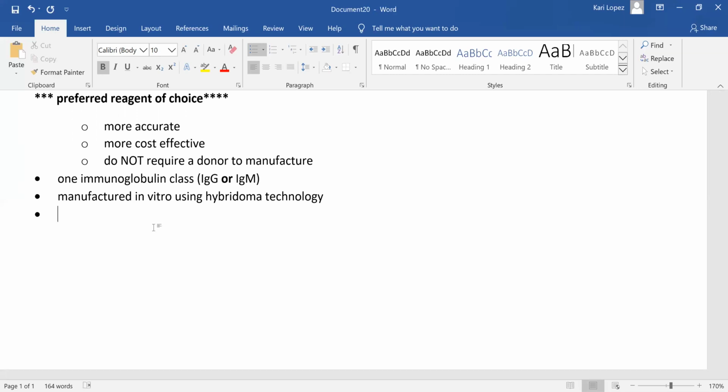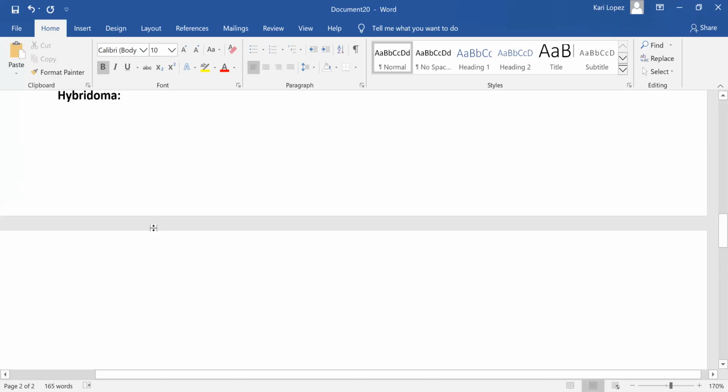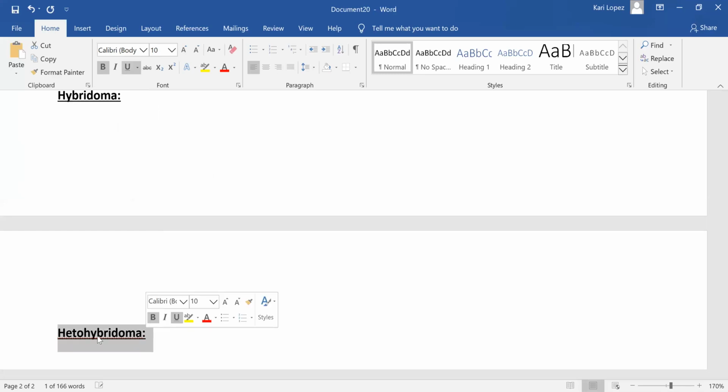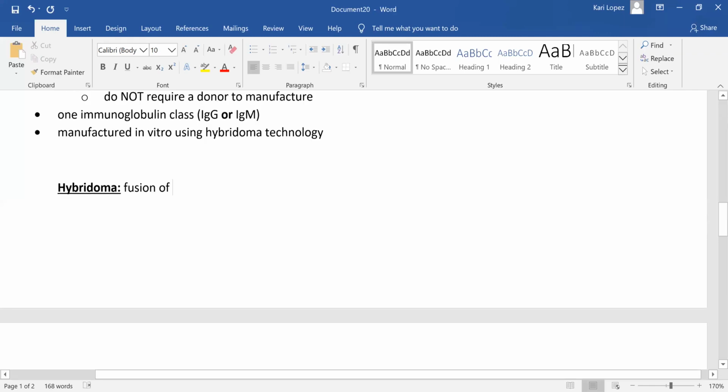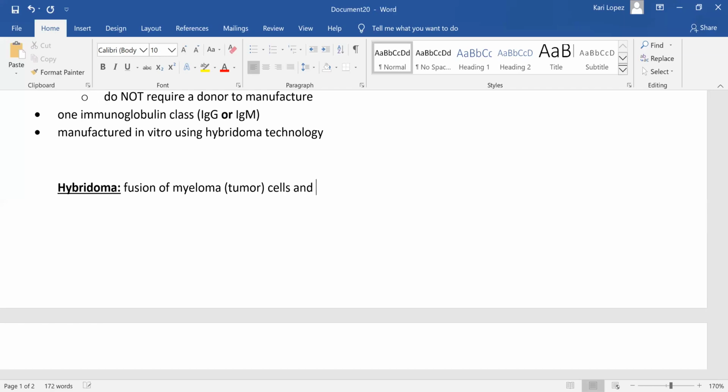Now, what is a hybridoma? And hetero. So our hybridoma is the fusion of myeloma, or a kind of tumor, cells and antibody producing cells from one